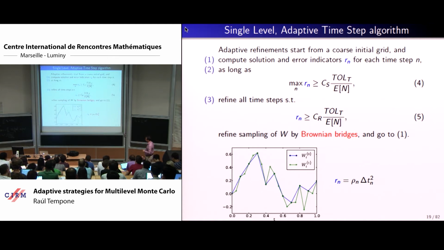For a given level, for example, you use the blue discretization, right? And this entails evaluating W at all those points, but now you need to evaluate W at points in between, and of course they are not going to be linear interpolants of the previous values, but they will differ, and this difference is actually given by the Brownian bridges. Okay, so it's just conditional Gaussian sampling. That's nothing more. Okay, any questions? No?